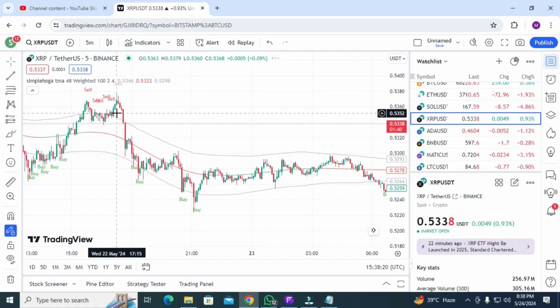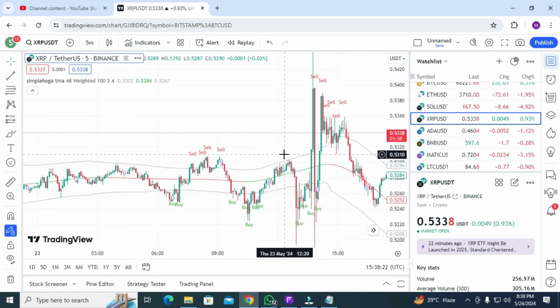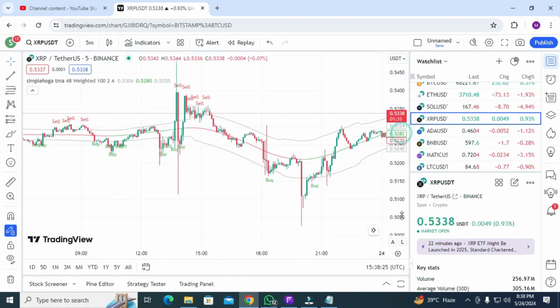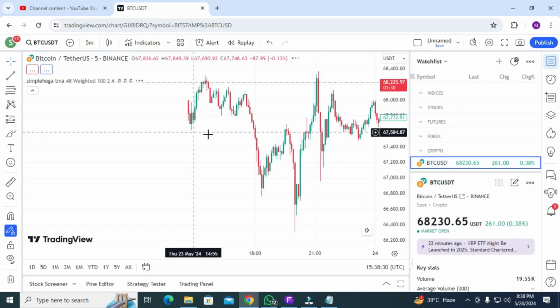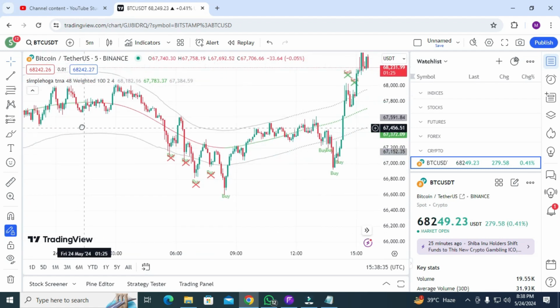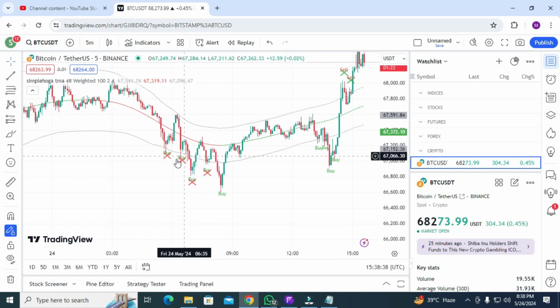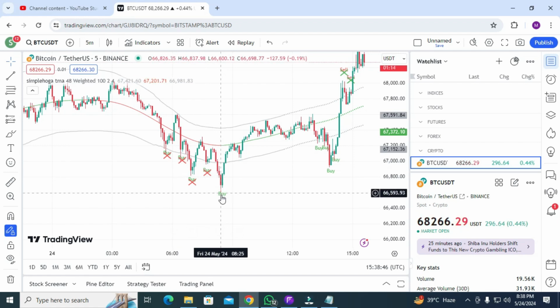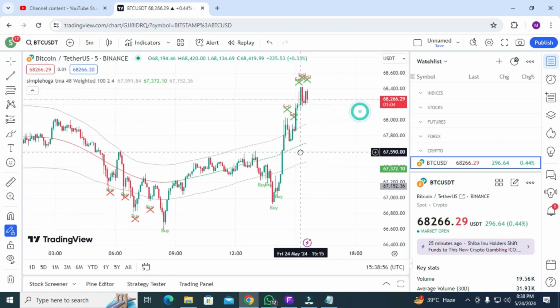So how can you get accurate results? I will add one more indicator and then show you how you can get accurate results in all pairs. But for BTC and Bank Nifty, this indicator alone is enough for you, because it never gives you a false signal. When it gives you the cross signal, that means do not go for the buy. When it comes to the peak low, it gives you the buy signal, and this is your time to buy your BTC, and you will get the profit here.